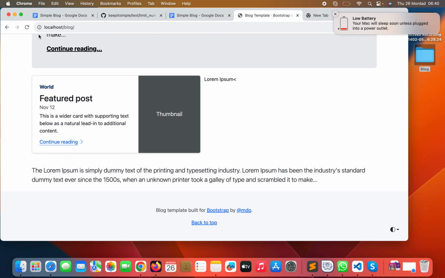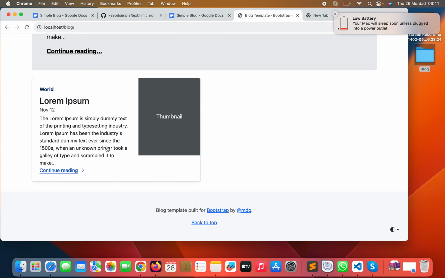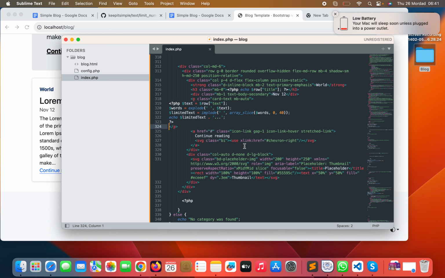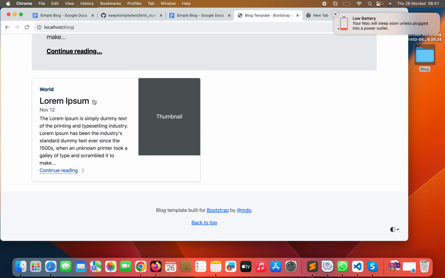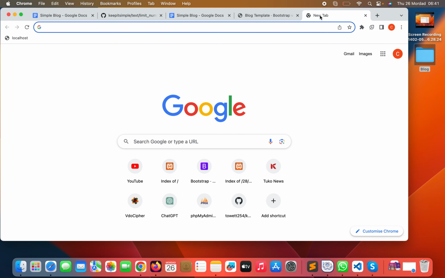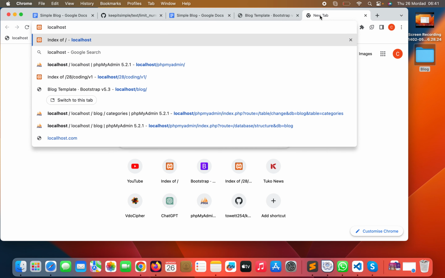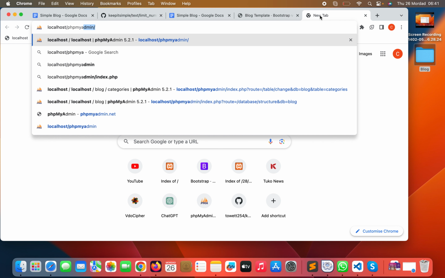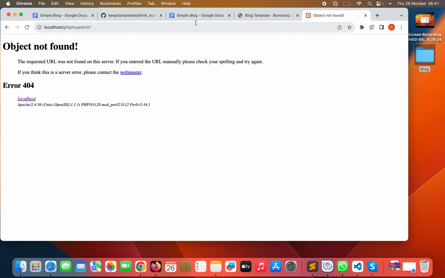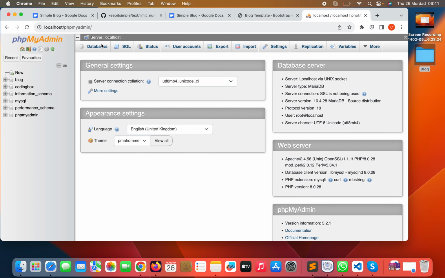If I try to refresh, it's reading the data from the database, but the text is very long, which presents a problem. It's breaking the style. So I also need to only read 2 records. I would say limit the number of posts to only 2. For now we have only 1 post, and I can just add another post. So I'll just say localhost /php my admin, then I'll go to blog,